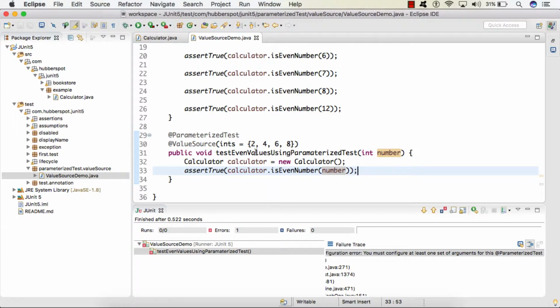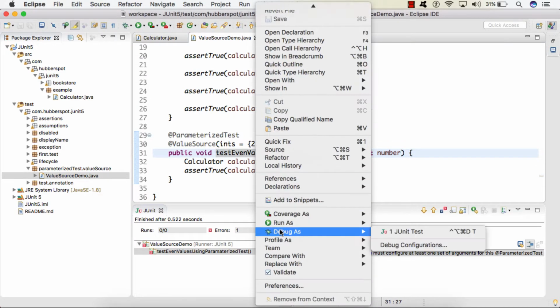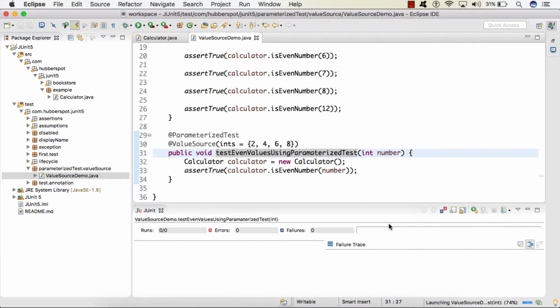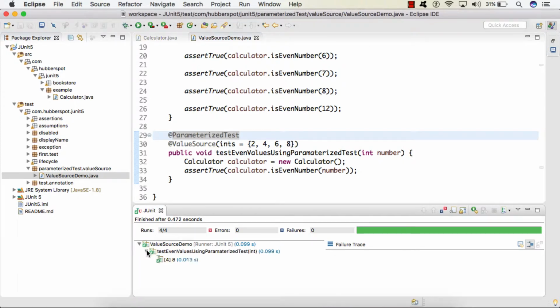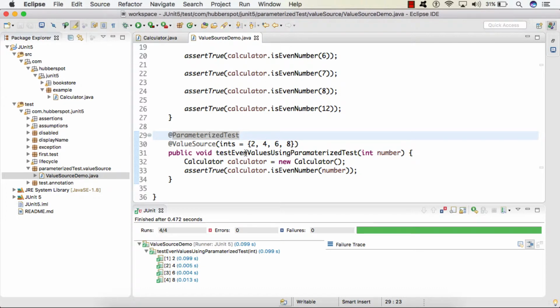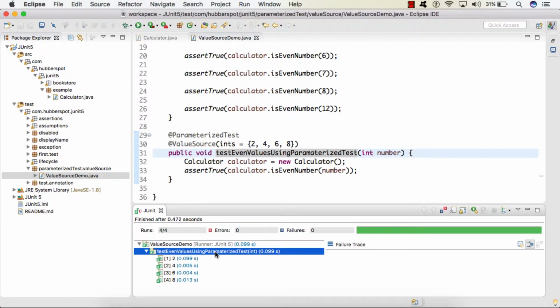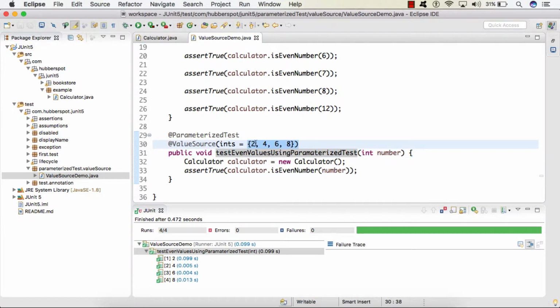So friends, if we run this test case now, you can see it shows that our @ParameterizedTest, which is test even values using @ParameterizedTest, got executed successfully, and it also shows that there are 4 tests with different arguments, say 2, 4, 6 and 8.